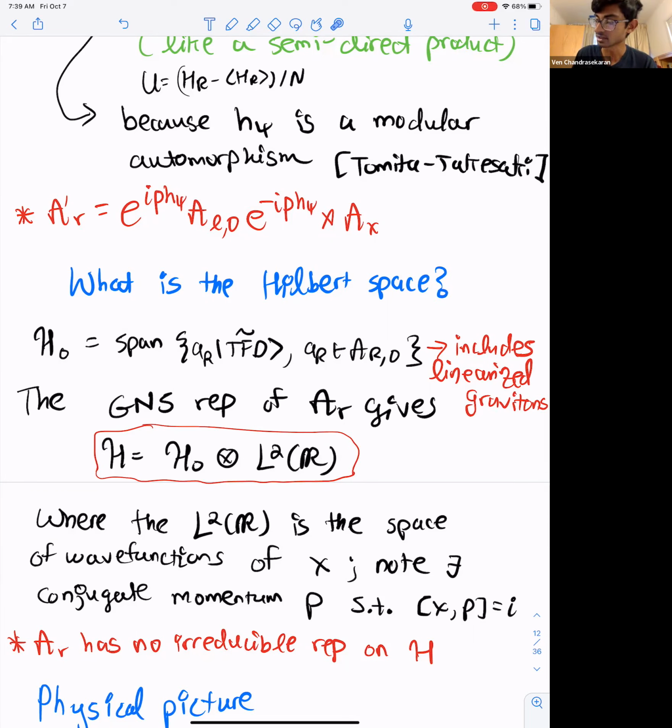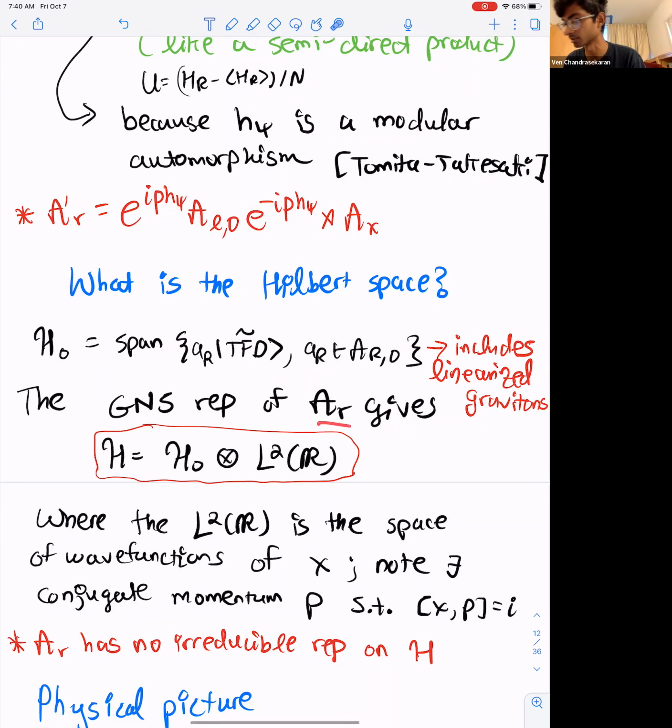And let me emphasize that when I talk about the Hilbert space of the matter, this H naught, I'm including linearized gravitons in that. So the interesting physics here is not coming from linearized gravitons. Those are just boring degrees of freedom that are thrown in with the matter. Okay. So that's the Hilbert space associated to the single trace QFT algebra. You get it from the GNS construction, for example. If you do the GNS construction for this crossed product algebra, AR, where I've gotten rid of the comma 0, so AR without the 0 means it's the cross product algebra,